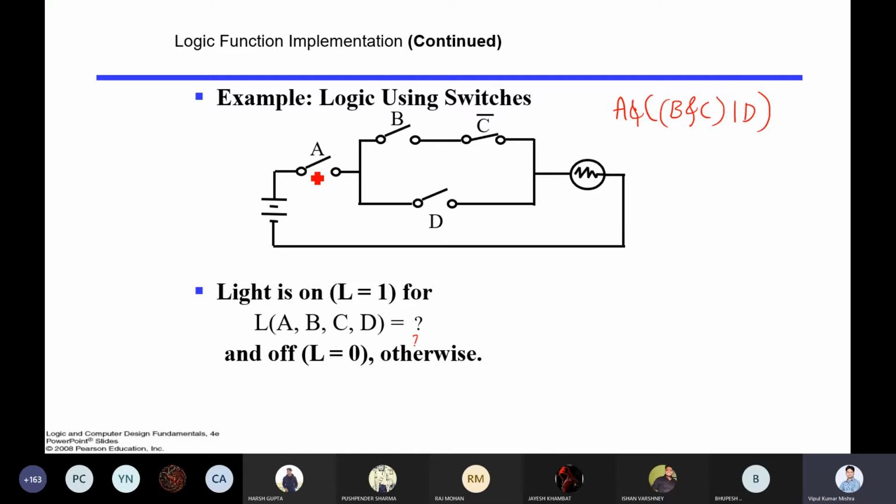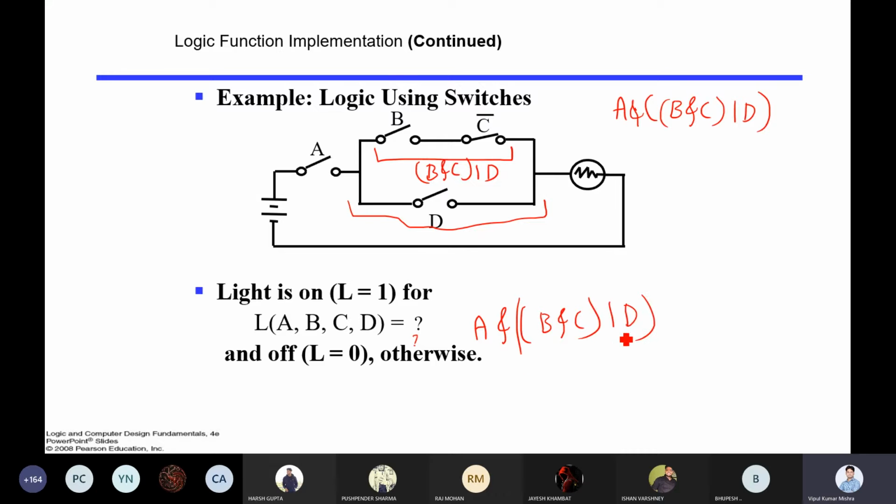So you can say, if you look from here, first you look into this circuit. Once you go for this circuit, it is again another component, that is this circuit. So what is this? B and C. Now you combine them together, so it is talking about OR of D. Now once you club this together, then you can say it is A and B and C and all this together or D. In this way, from the circuit, you can find out what Boolean operation we are talking about.